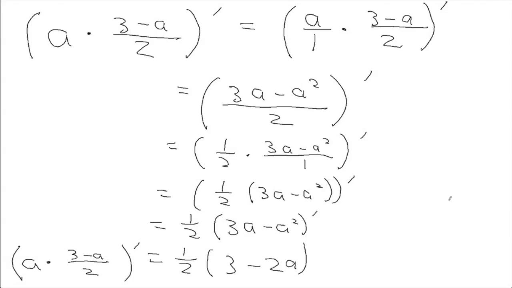So take out 1/2. And then we could use product rule, but that would take too long. So what we used was the constant multiple rule. When you have a constant times something else,